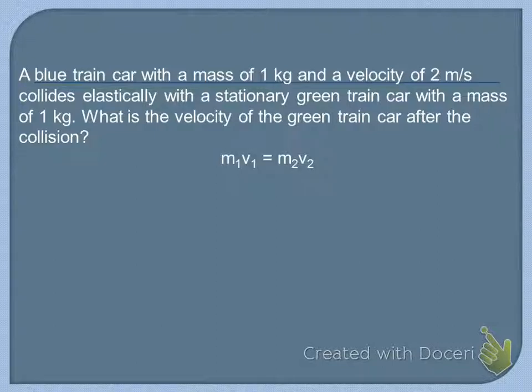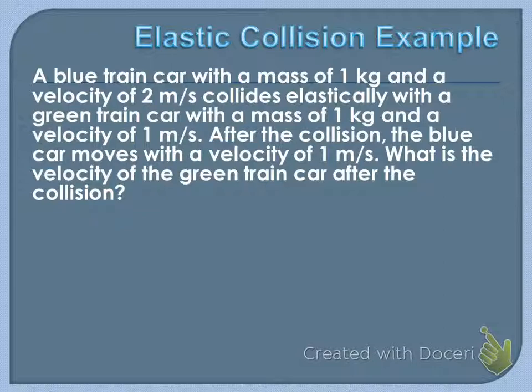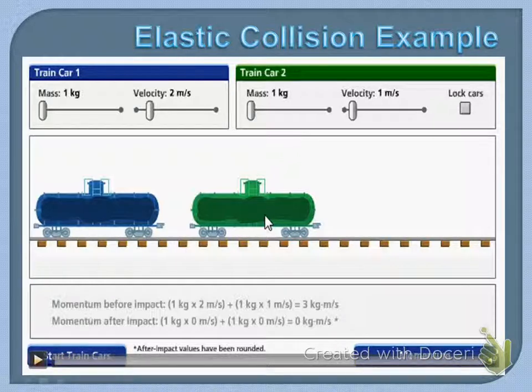Okay, the next problem here is a little bit more like the kinds of problems that you're going to see with conservation of momentum in elastic collisions, where we have a blue train car that has a mass of 1 kilogram and a velocity of 2 meters per second, and it's going to collide elastically with a green train car that has a velocity of 1 meter per second. And notice that both of these are positive velocities, as they're meant to be. So we're going to look at this animation here, okay? And if we had done the calculations before,